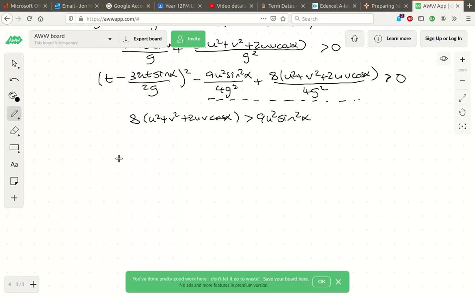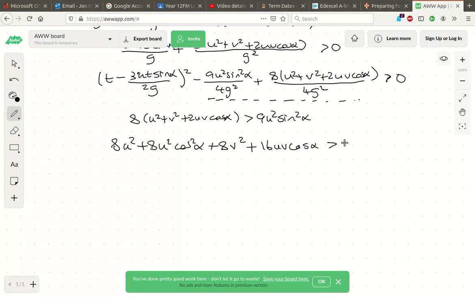Now, the trick here is really to just rewrite this, because it would be nice if we had it as a cos squared, this 8u squared cos squared, and then we can get rid of some of the sine squared as well. So what I'm going to do is write it as 8u squared plus 8u squared cos squared alpha plus 8v squared plus 16uv cos alpha. Now I've added 8u squared cos squared alpha to this side, which seems a bit cheeky. So I've got to add 8u squared cos squared alpha to this side,